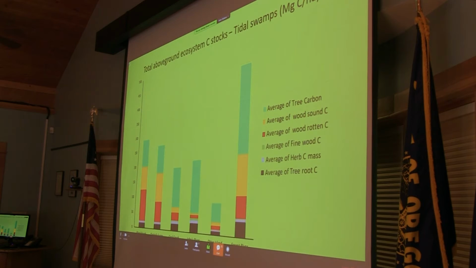But you do see, besides the trees, there's large wood that comprises a significant portion of ground carbon stock, especially in the old growth. It's the Blind, the Chehalis River, in the second growth sites that have been stored. But now if we just look at the total ecosystem carbon stocks of the tidal forest, is